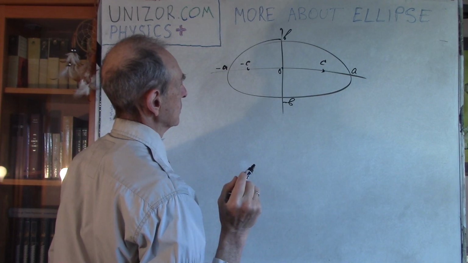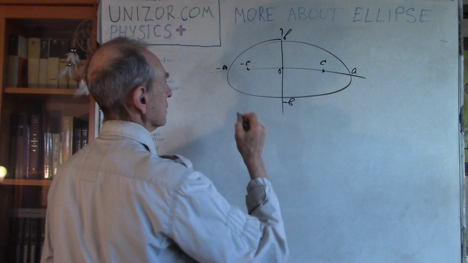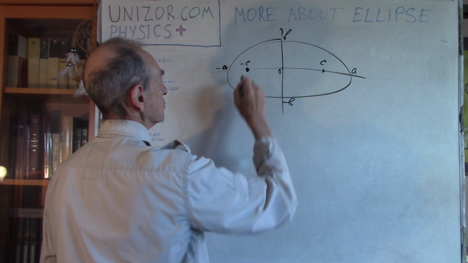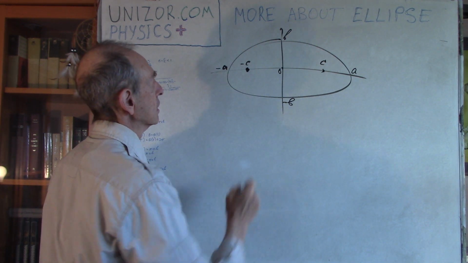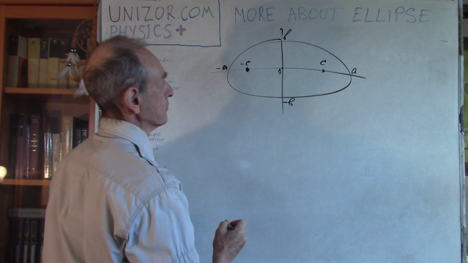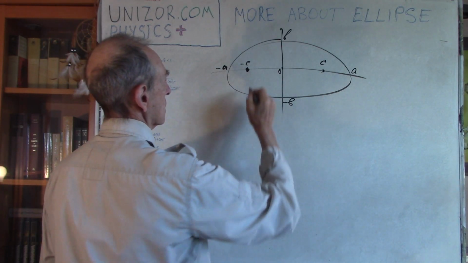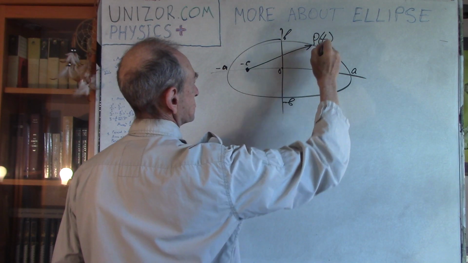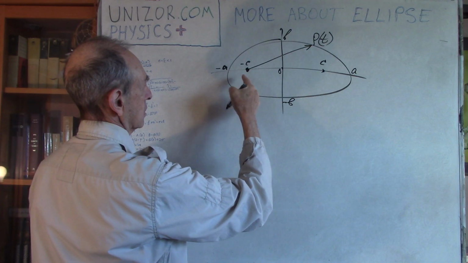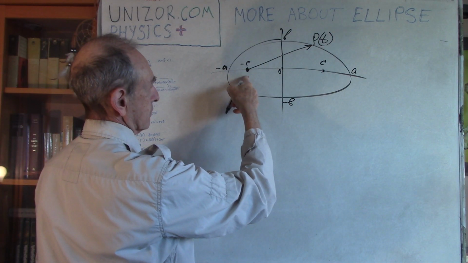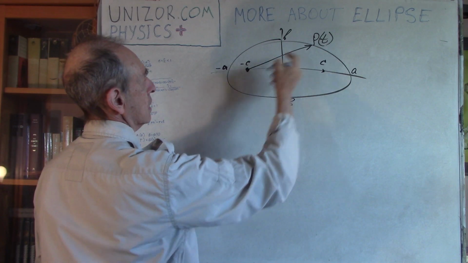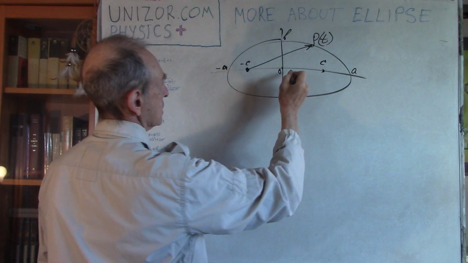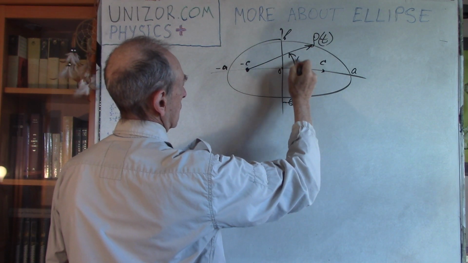And in all the cases which I will be talking about, as far as polar coordinates are concerned, my center would be in one of the foci, and the baseline would be basically the major axis. So this is a position vector from one of the foci, which I have chosen as origin of polar coordinates, to position at time t of the body. So this would be an angle theta,